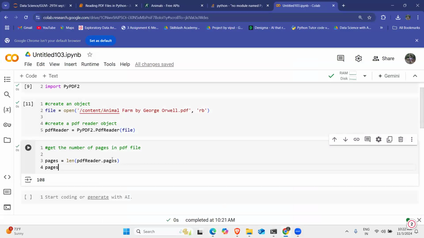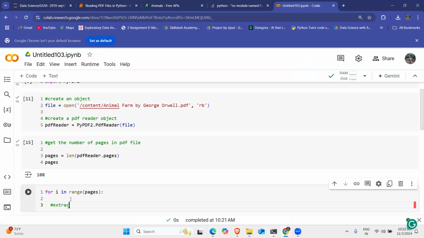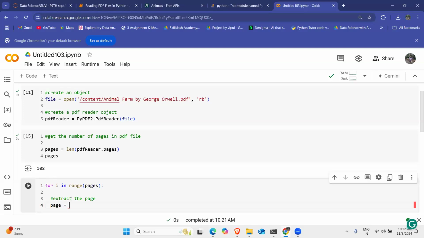We need to extract each and every page out there. So for that, we'll write a loop, for i in range pages. You'll extract pages now. So extract page, and you'll write page is equal to pdf_reader dot getPage,